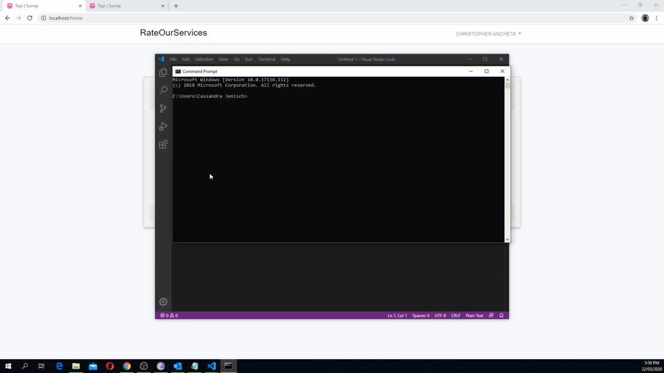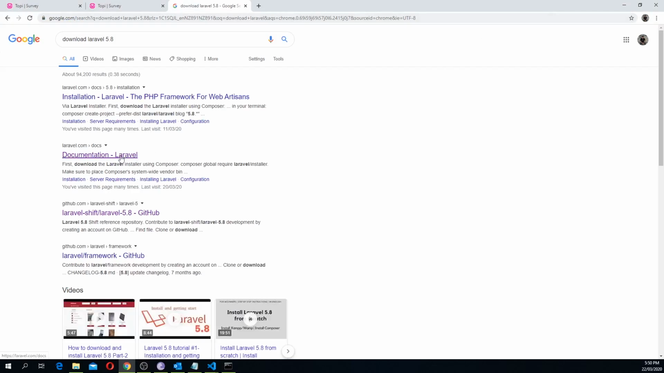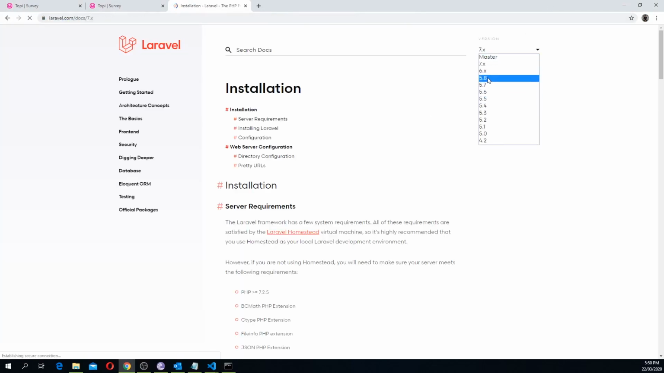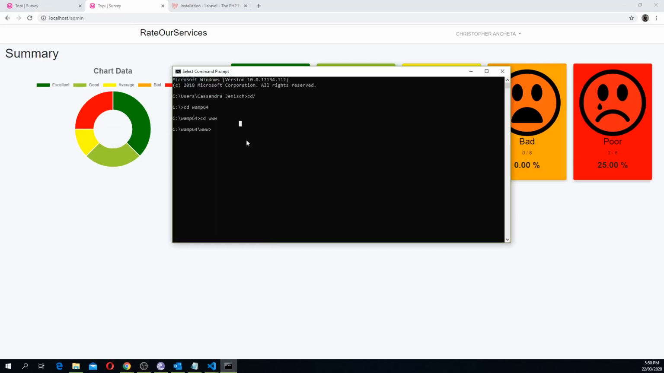Okay, so we will start the project by installing Laravel. So basically go to your command prompt if you're in Windows, or terminal if you're in Mac or Linux. So root directory, cd wamp. I'm using WAMP server. Laravel 5.8, I usually use Laravel 5.8. This one, copy. So we'll go to terminal and paste, and then we'll just